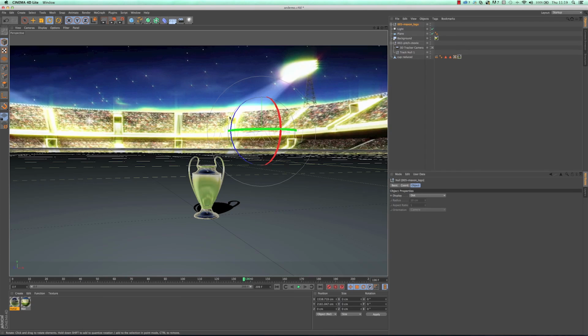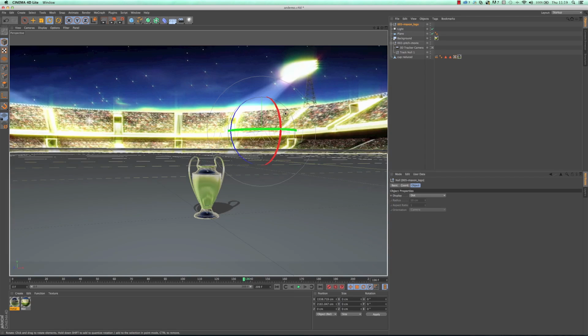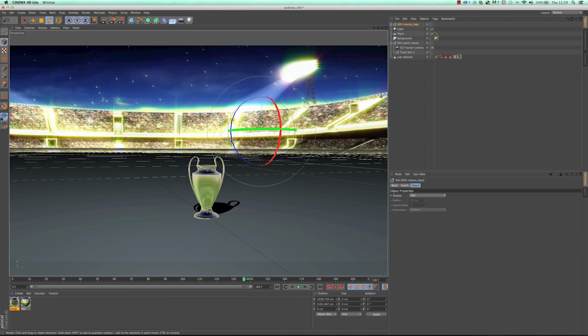Now the logo will come in the position that you set it up inside Illustrator, so if it's slightly off center, that's how it will come into Cinema 4D. But it's really easy to position it, so I can just set it to 0, or I could drag it into the track null again and put it 0, 0, 0. So when I do that, it looks at the parent object, in this case the null, and says, okay, position it so it's bang at the same point as the null. I'll drag it out again.